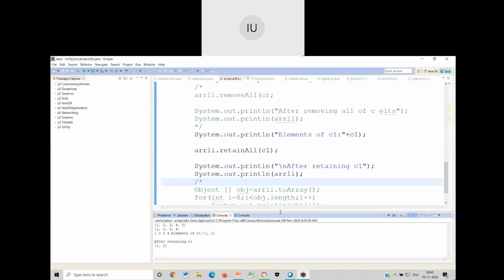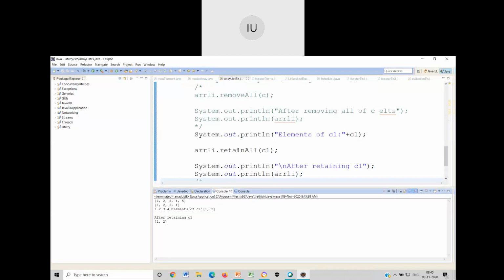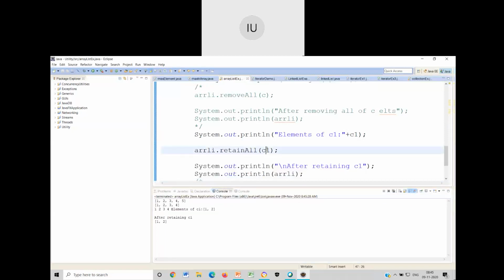What is happening? In this case, retainAll of C1. C1 contains 1, 2. Those 1, 2 only have to be retained in ARRLI. ARRLI contains 1, 2, 3, 4. Out of them, only 1, 2 have to be retained. That is how things are going.